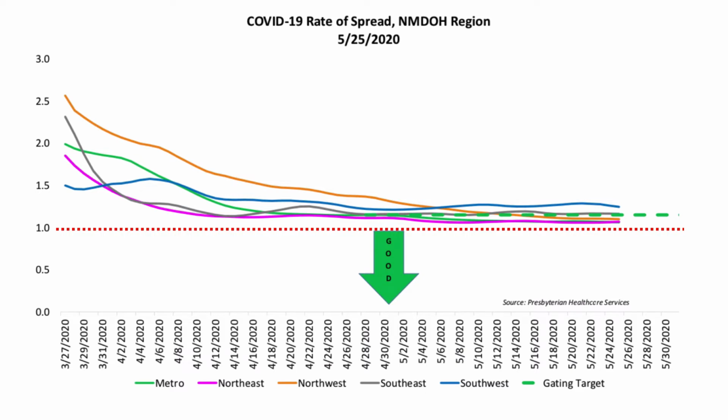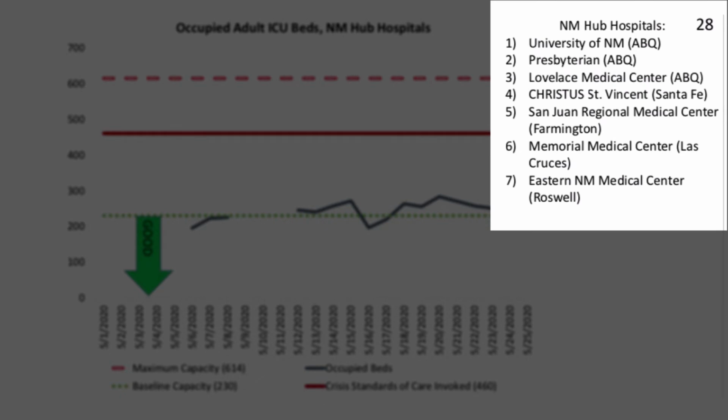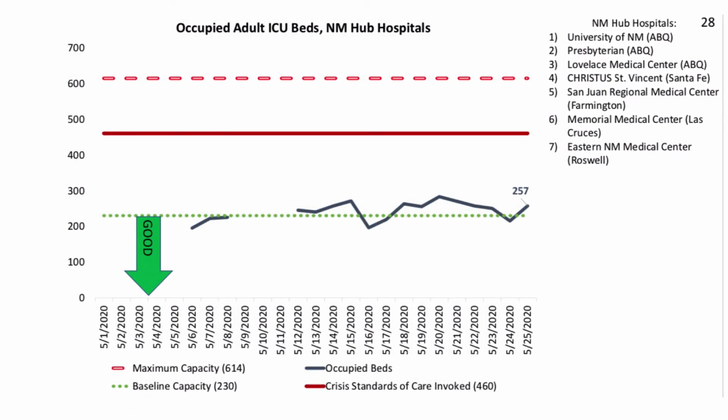The next gating measure I want to talk about has to do with healthcare resources. The state measures this in large part by looking at the capacity of its hub hospitals. If you look in the upper right, you'll see which hospitals are considered hub hospitals. The light green dotted line is considered the baseline capacity. This was the capacity of hospitals prior to COVID-19. The dark blue line shows the number of occupied beds relative to that